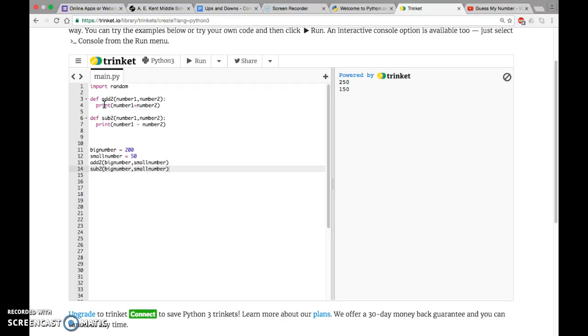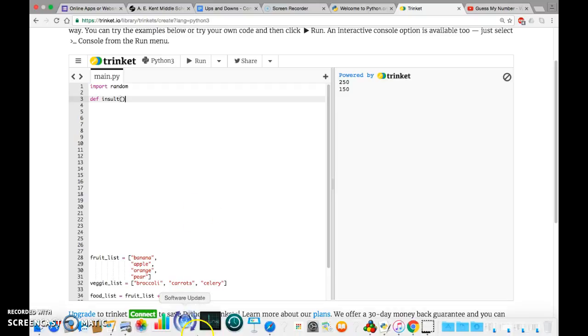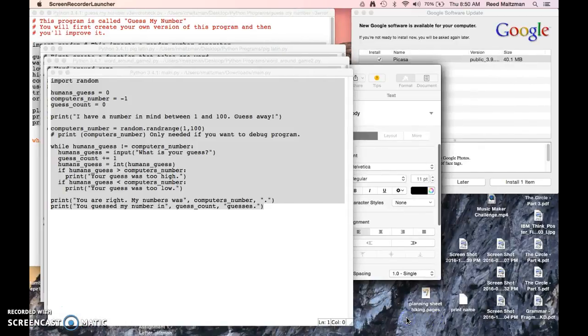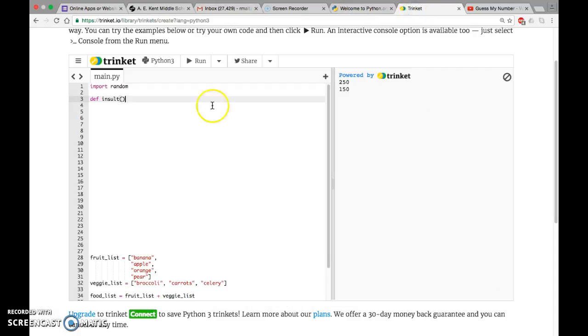So now what I want to do is create a function called insult. So I'm going to delete all this stuff, and I'm going to say define insult. And it doesn't need any input whatsoever. It's just going to print out an insult that is telling the user, like, you made a big mistake. So what I want to do is define an insult function, and basically what this is going to do is return